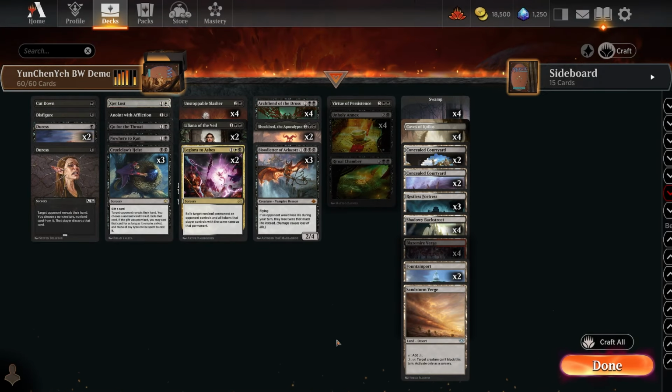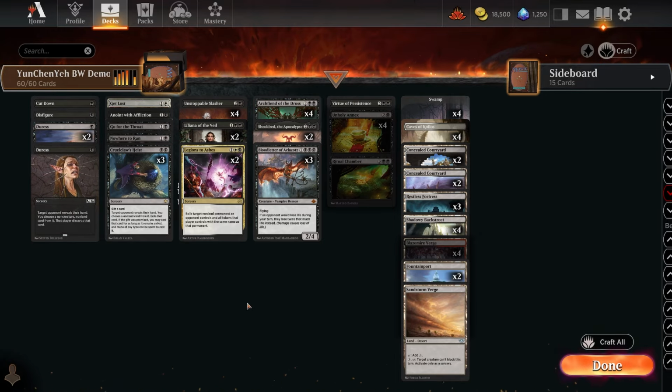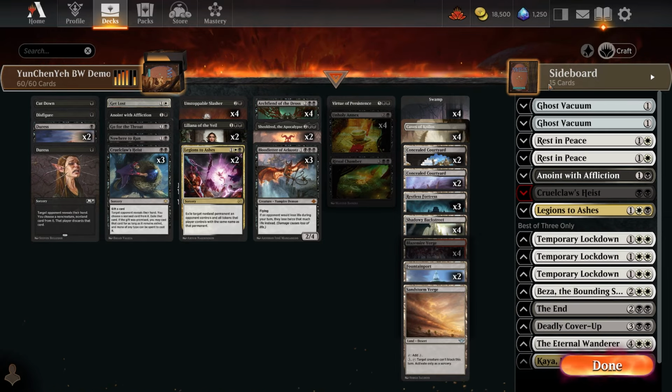So next up, we have a black-white demon deck, and I put this in there from Chen Yeh because primarily it just looks like a mono-black deck with a couple of legions. But then you look at the sideboard, look at the land base, and you see there's a lot of white there for just a single Get Lost and a legion, because this is spicy, because when you look at the sideboard of this deck, it can just transform into a different deck,